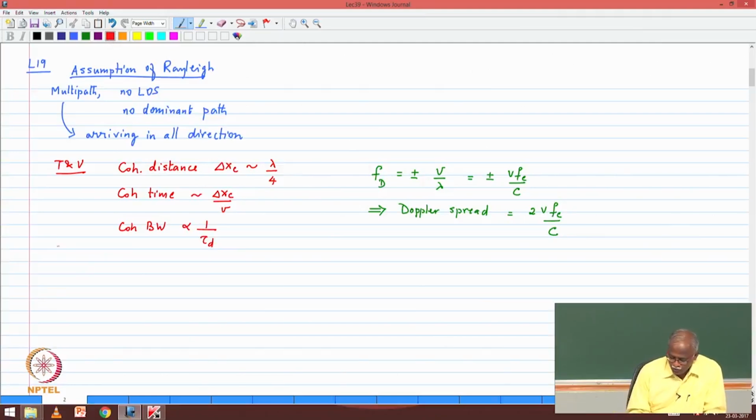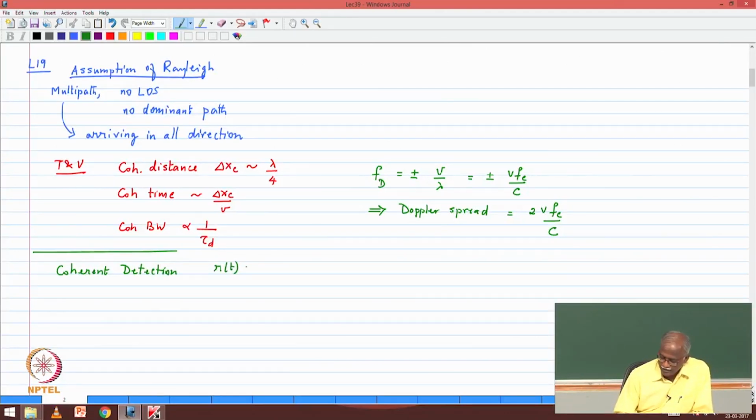Lecture 19 also took us into a discussion of coherent detection. Basically, now that you have a model for the channel, what are the aspects of coherent detection? If your received signal r(t) is equal to z(t) times s(t) plus eta(t), coherent detection requires you to know z(t). So we said that there are two aspects to coherent detection. One is channel estimation,